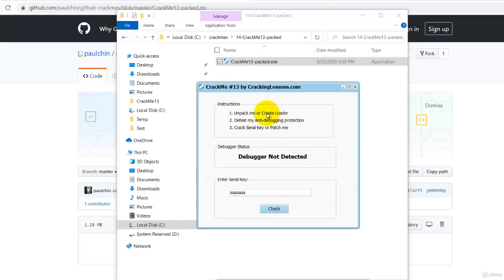Use all the things that you have learned so far and try to unpack or create a loader, and try to defeat the anti-debugging and also to crack the serial key or patch it. So give it a try, and after having tried it, you can look at the solution in the